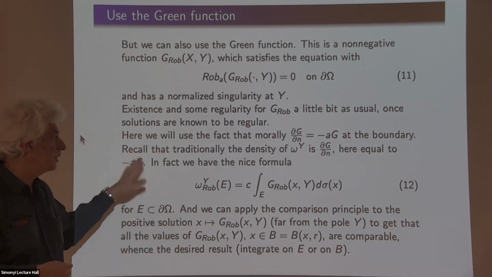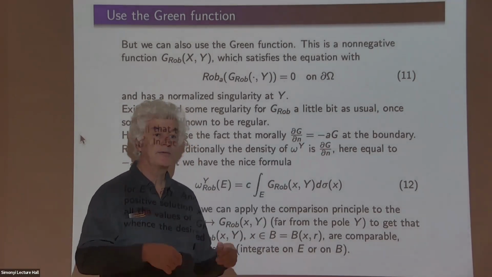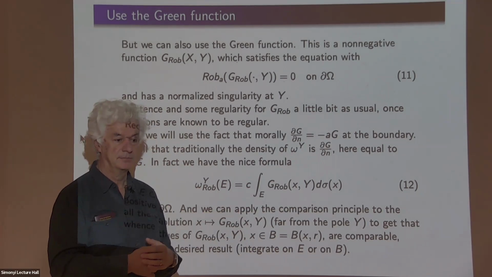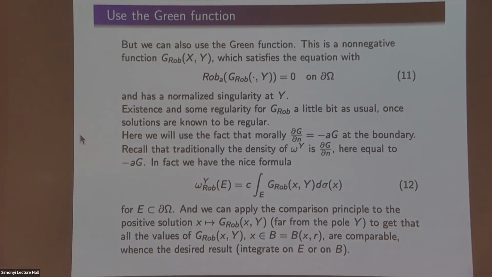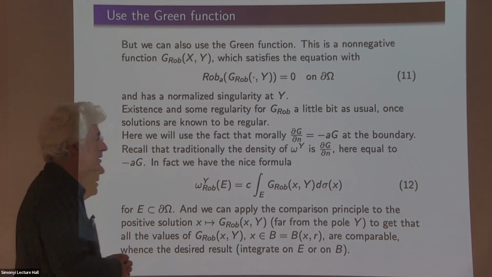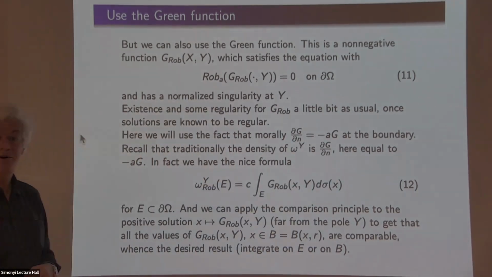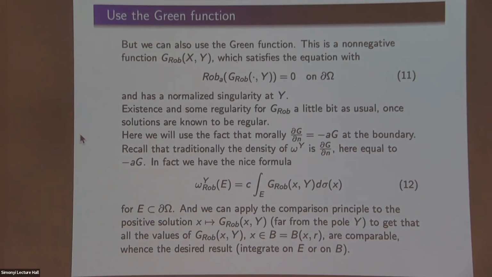So the proof uses the fact that this Green function is a solution, therefore it's continuous up to the boundary, and therefore we can write down the function and prove it. So the main story here is that when you notice that the Green function satisfies this, you're making an enormous progress in regularity.